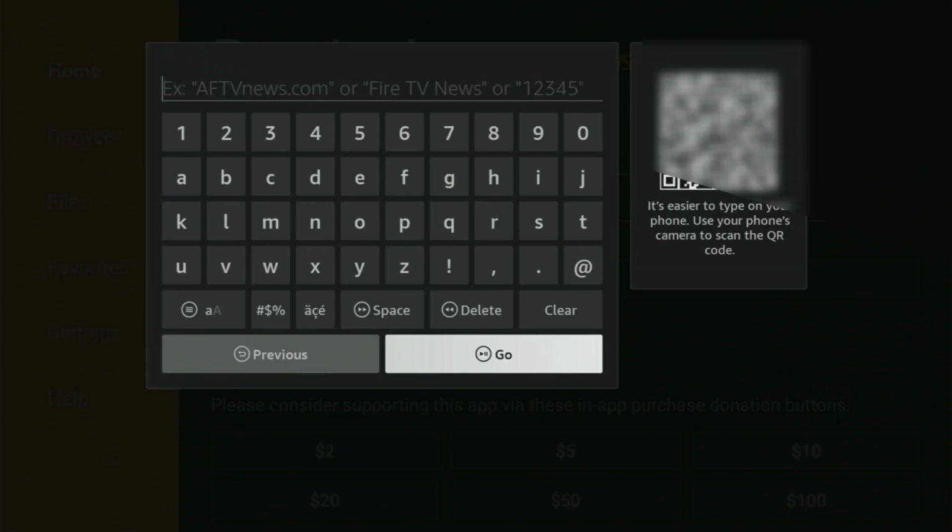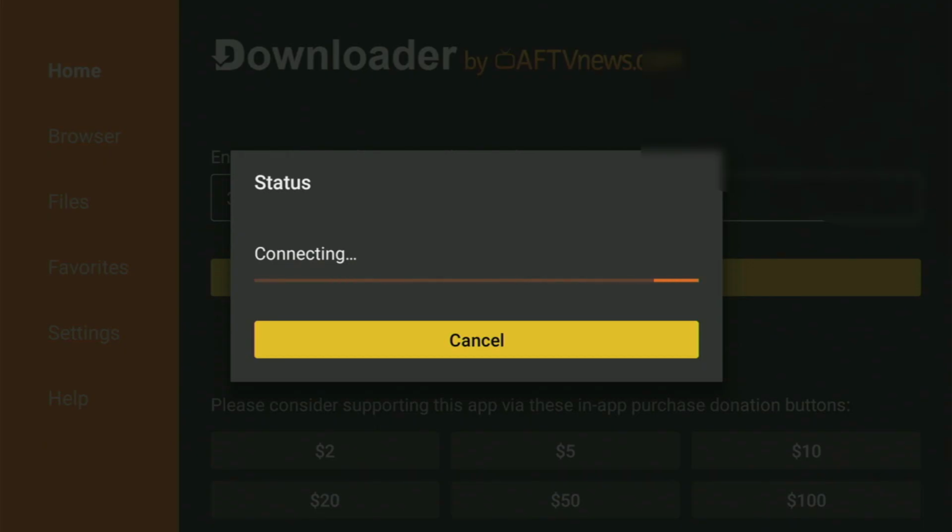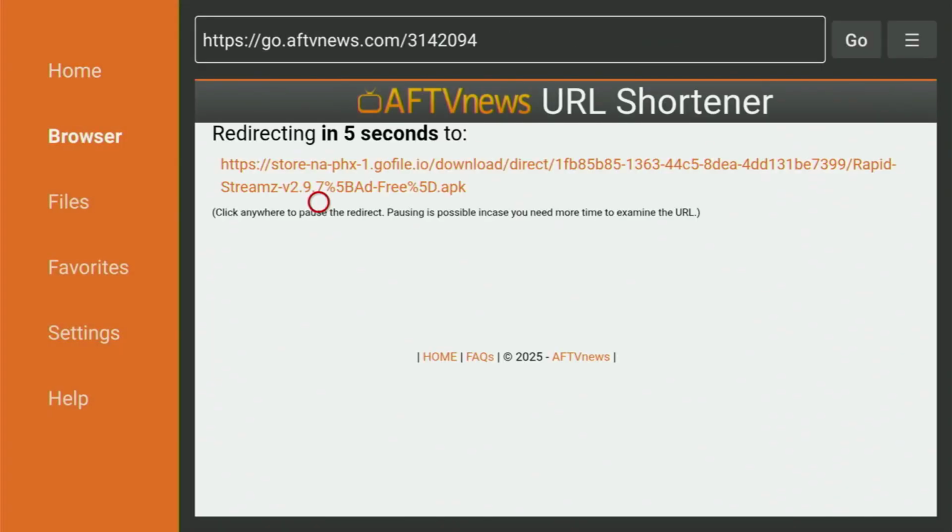After that, click go, and while it's loading,